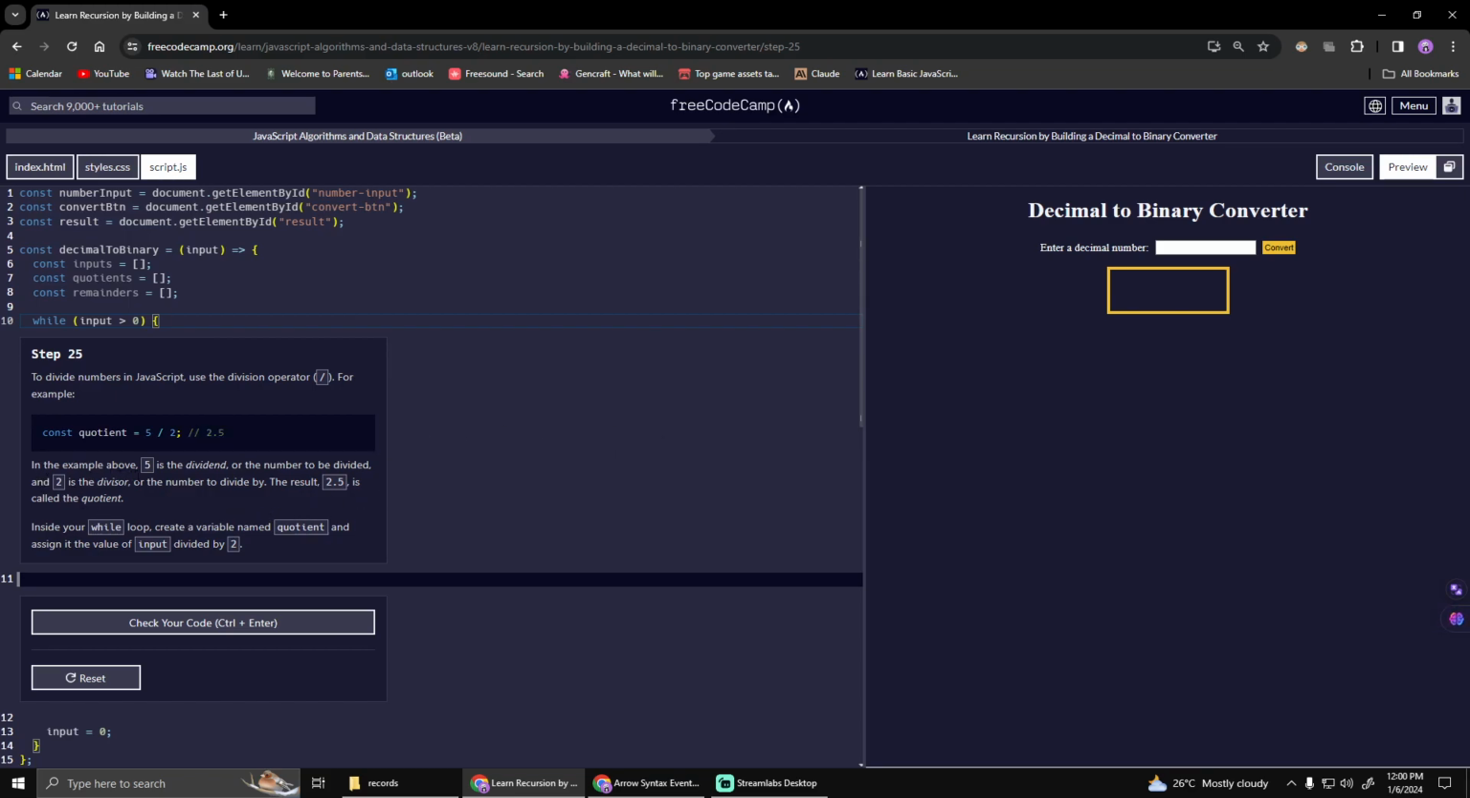And it says in the example above, 5 is the dividend, or the number to be divided, and 2 is the divisor, or the number to divide by. The result, 2.5, is called the quotient. So the result of this operation is a quotient. It is called quotient. And it also says here, inside your while loop,